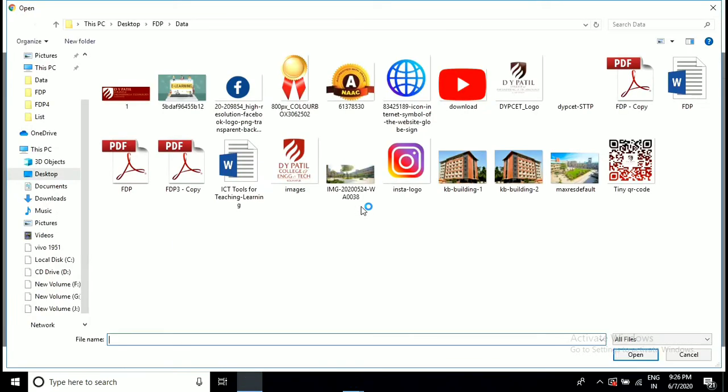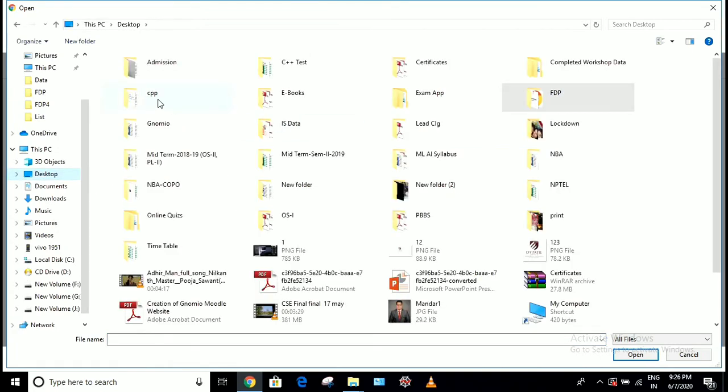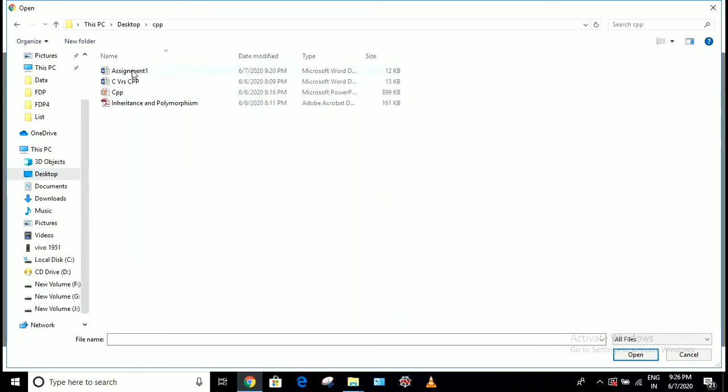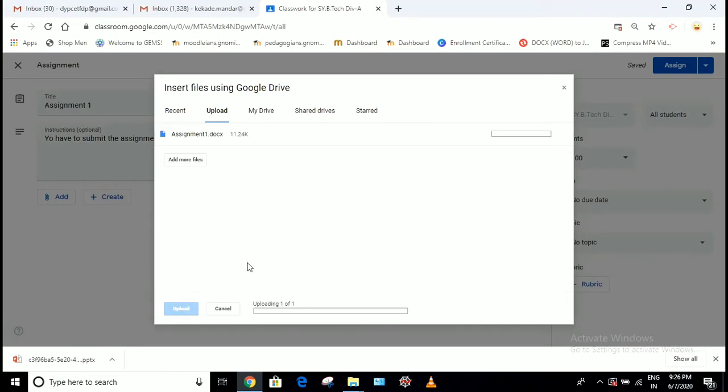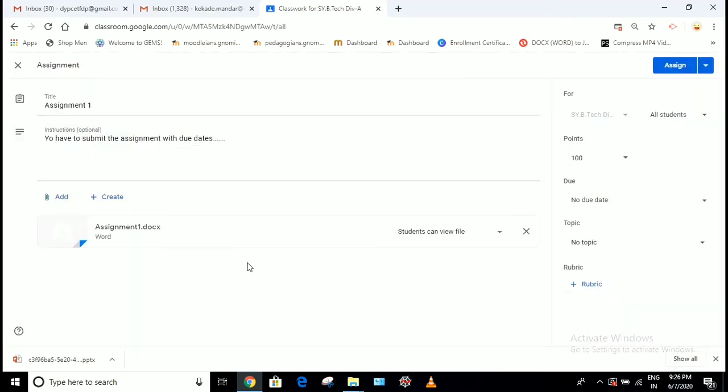Then select the folder where you have created the assignment file, select the assignment file that you want to upload, and click on the Upload button. Once you click on Upload, this assignment will be uploaded into the title Assignment 1. So you can see here that assignment1.docx has been uploaded.